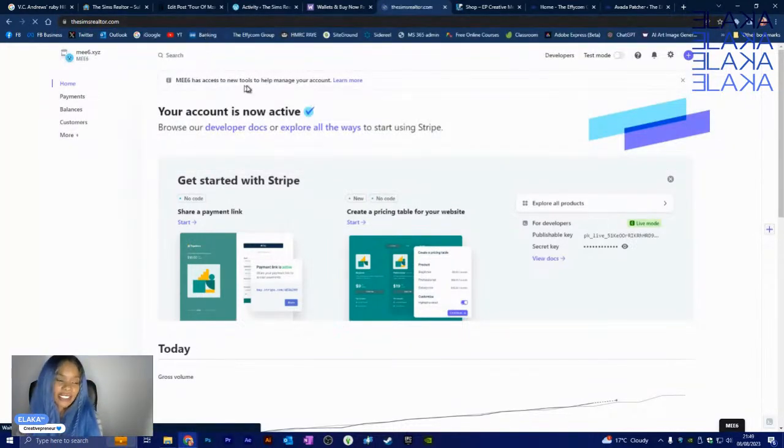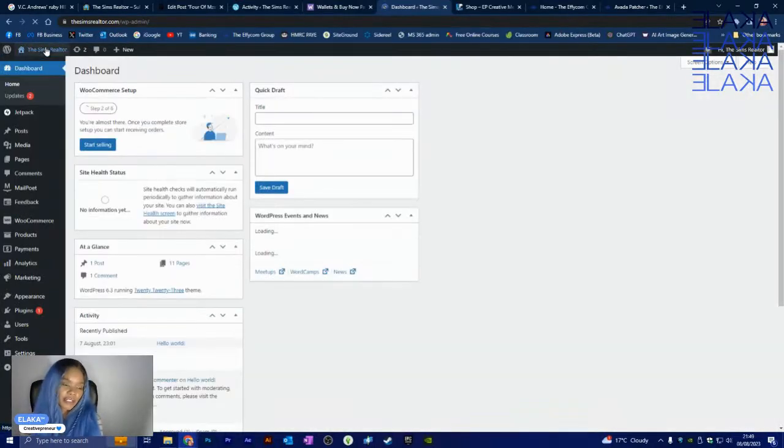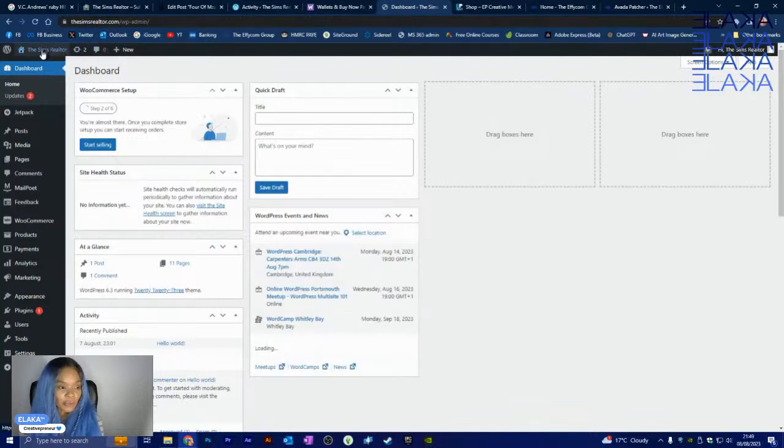And because I'm already logged in, it should be able to take me back there. As you can see, this is what we created yesterday, just to give you an idea what the homepage will look like. But I want to go to the dashboard. Okay, so if you find yourself in the homepage section and you want to go to the dashboard, if you're